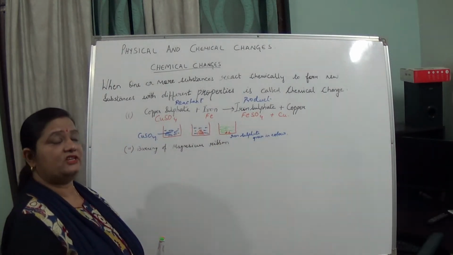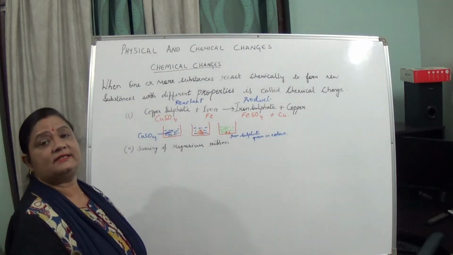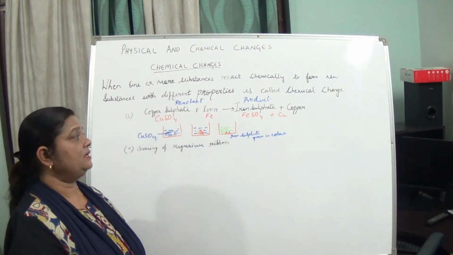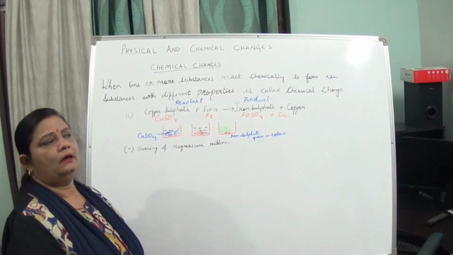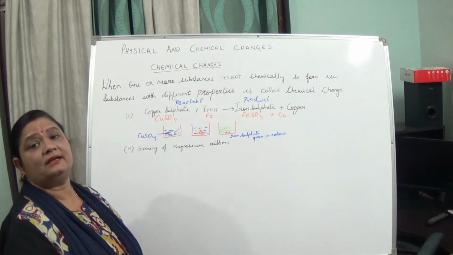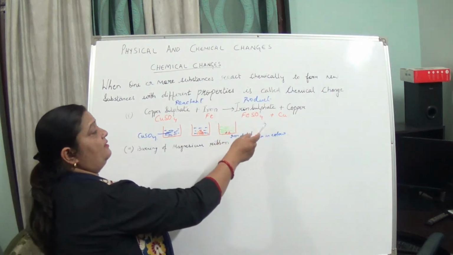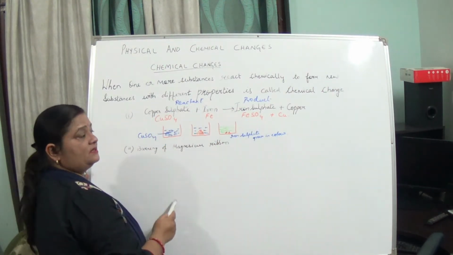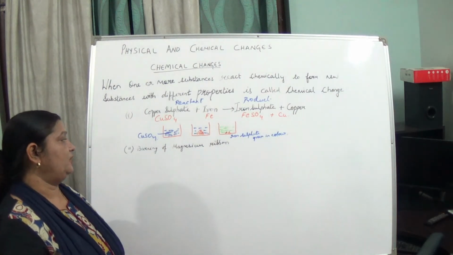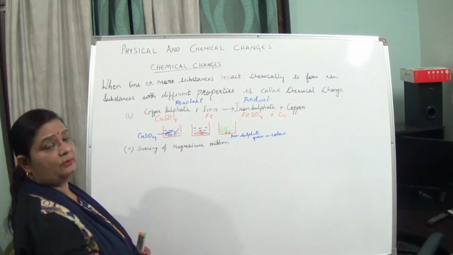Chemical reaction, you may be thinking, is difficult. Shall I give one simple example? Like you are eating food, and your food gets digested. It is a chemical change, isn't it? All the things you see in your day-to-day life which can't be reversed back are chemical changes. Like here, iron sulfate and copper, to get back copper sulfate and iron by physical means becomes difficult.